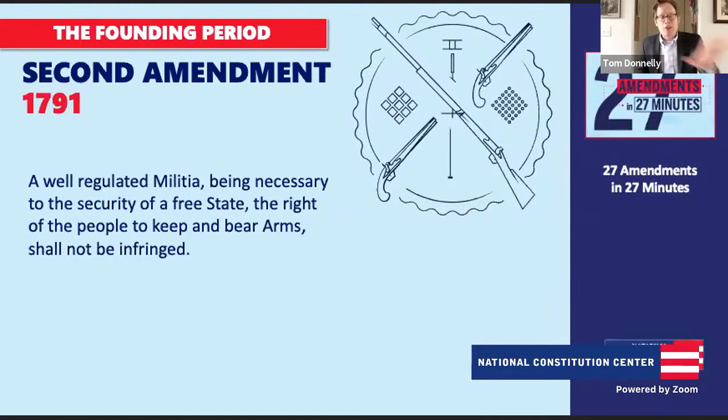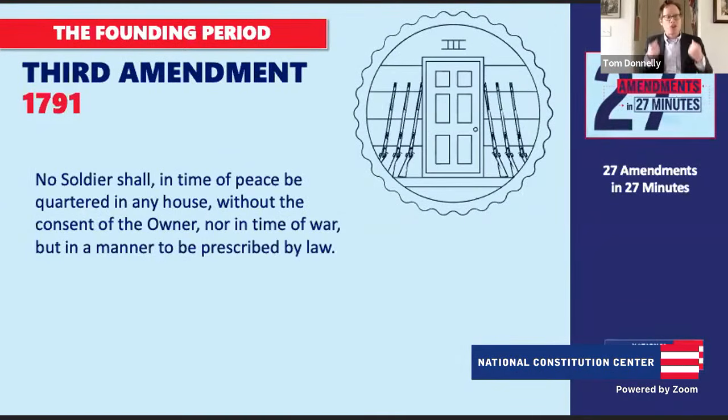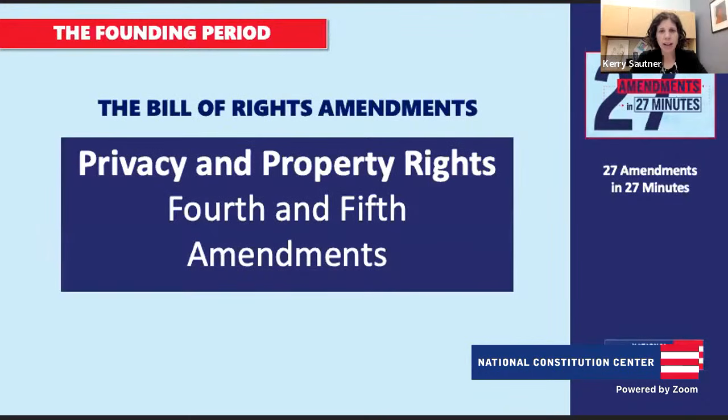That's the Second Amendment. The Third Amendment, though, speaks to the American colonists' own lived experience. It says that we can't be required to quarter, in other words, house soldiers in our own homes. And you may think this is a weird thing to have in the Bill of Rights, but it emerges from the American colonists' lived experience. The British, under the Quartering Act of 1774, forced this upon the colonists. And so they wanted to make sure that under this new constitution, the new national government wouldn't force Americans to do the same.